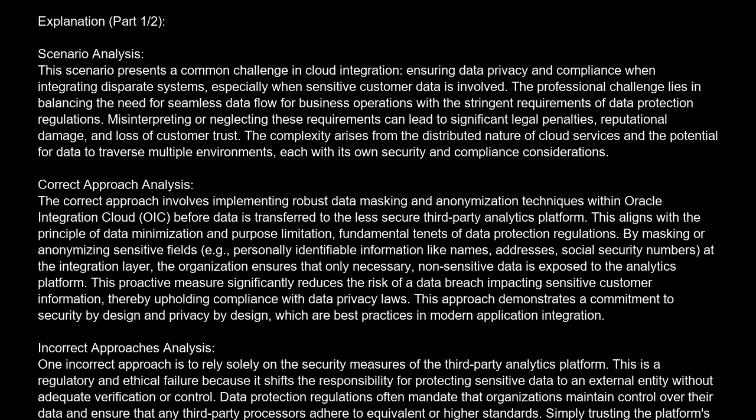Incorrect approach analysis. One incorrect approach is to rely solely on the security measures of the third-party analytics platform. This is a regulatory and ethical failure because it shifts the responsibility for protecting sensitive data to an external entity without adequate verification or control. Data protection regulations often mandate that organizations maintain control over their data and ensure that any third-party processors adhere to